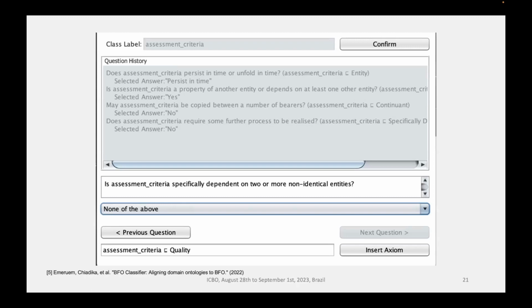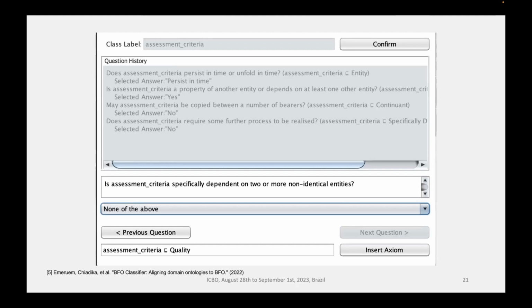And here are the 4 questions that guide us to represent assessment criteria as a subclass of quality. These questions help us to understand the characteristics of the quality class itself. The quality here is a characteristic that can be attributed to any entity and does not require any further process to exist as a quality.